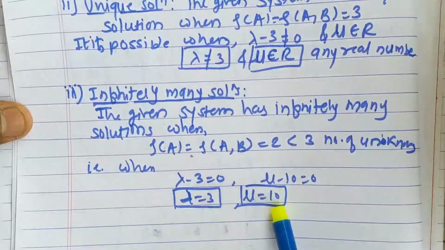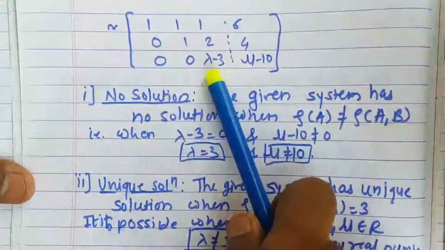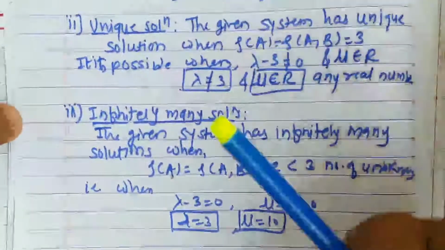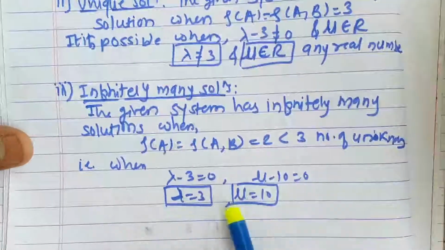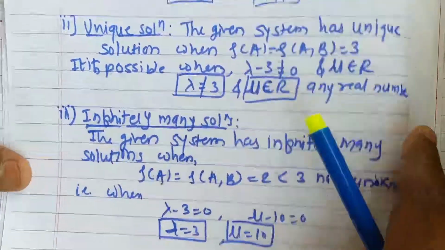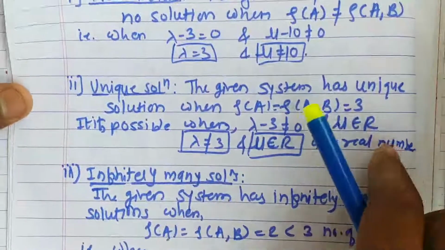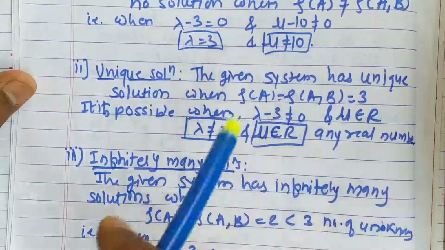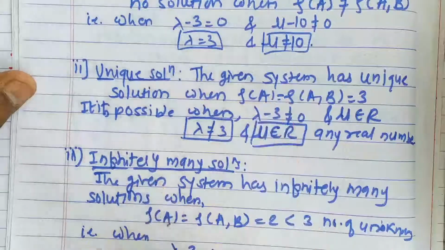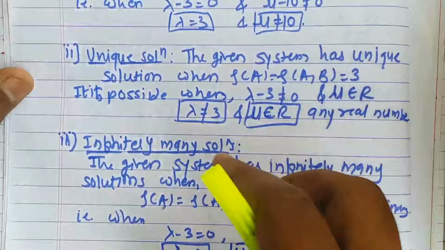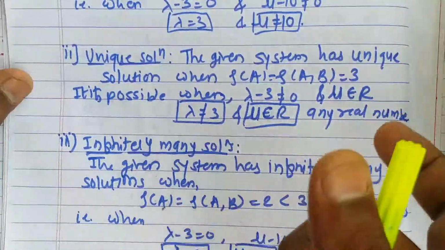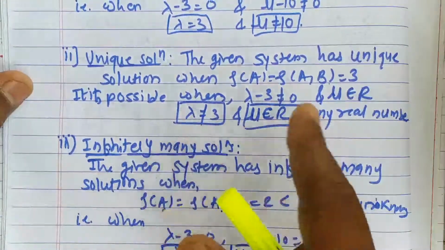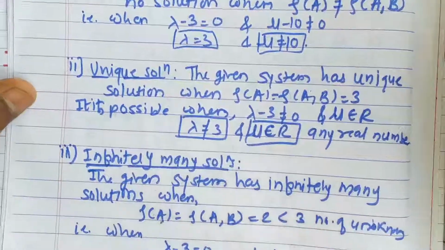So these are the conditions on lambda and mu for infinitely many solutions. When lambda equals 3 and mu equals 10, the last row will become 0 and the rank of both matrices will be 2, which is less than the number of unknowns. Hence it will have infinitely many solutions when lambda equals 3 and mu equals 10. So this is how we obtain the conditions on the arbitrary constants involved in the system. In this way you need to check. For that you need to know the conditions of consistency well, and the nature of the solution also. When the rank is less than unknowns, there are infinitely many solutions. When it is equal to unknowns, a unique solution. You must know all these conditions, then only will you understand all these things.